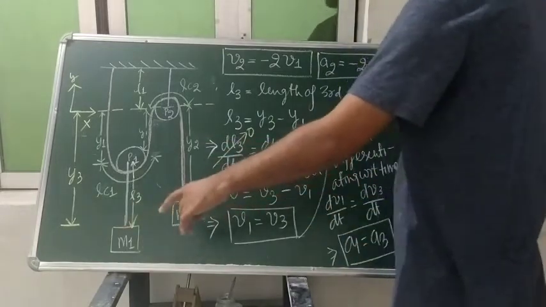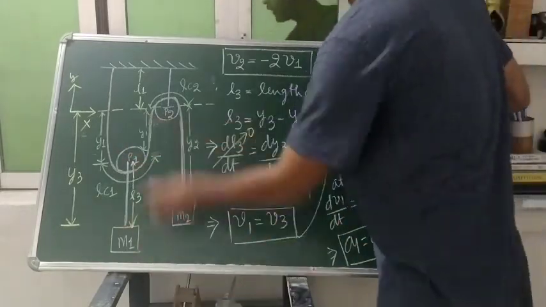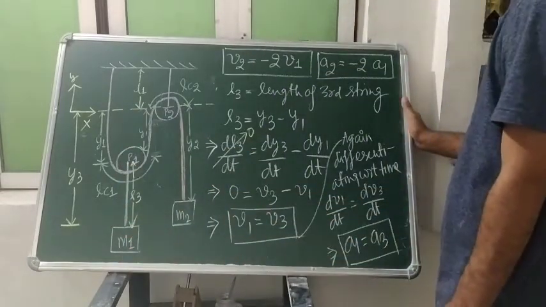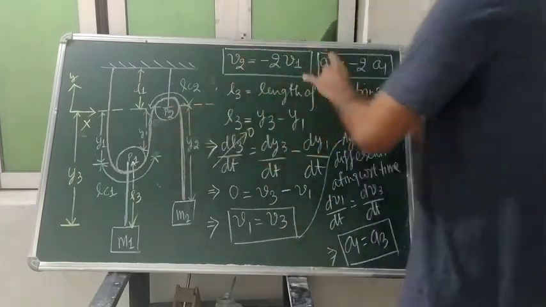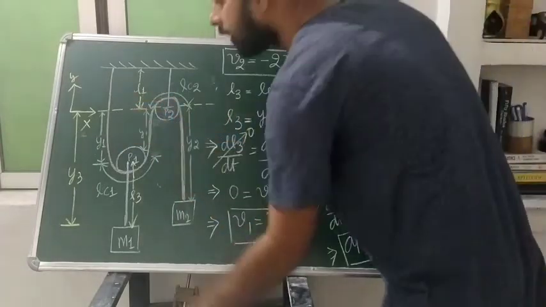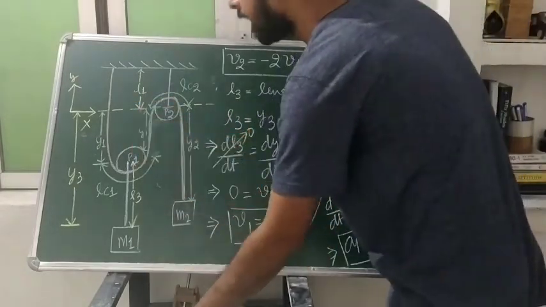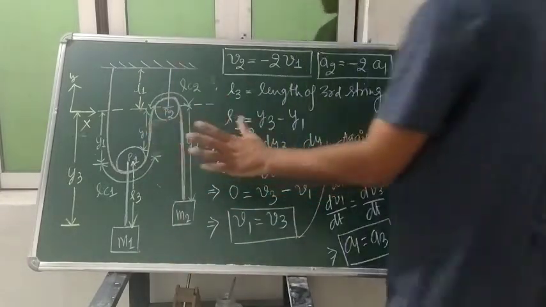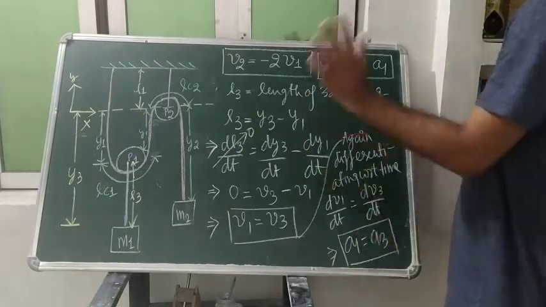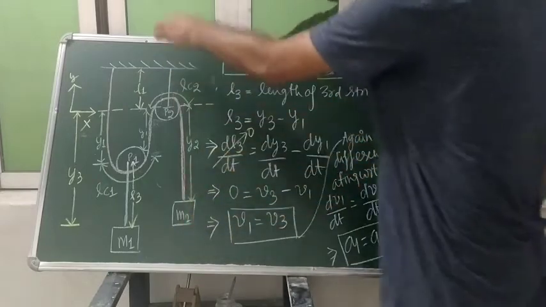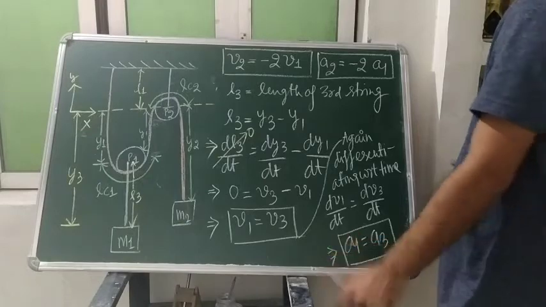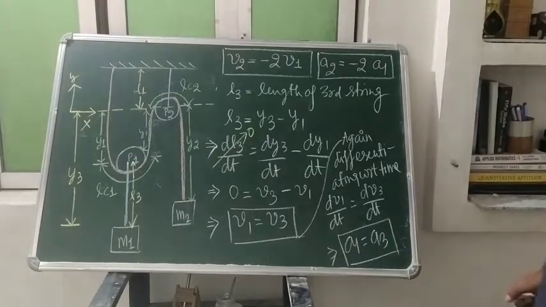Suppose M1 becomes more than M2, so it is moving like this, pulley P1 will move downside, and this one will also move downside. And the expressions for pulley P1 and P2 are saying that they will be in opposite directions. So if mass M1 is going to move downward, it will move downward, and this will move up. That one is fixed, it is not going to move, don't talk about that. Isn't this mass M2 going to move upside? The negative sign is saying that. Okay, so we have got this.